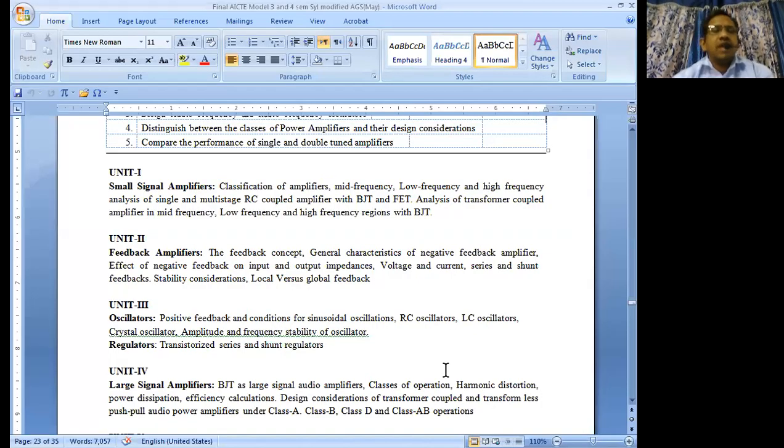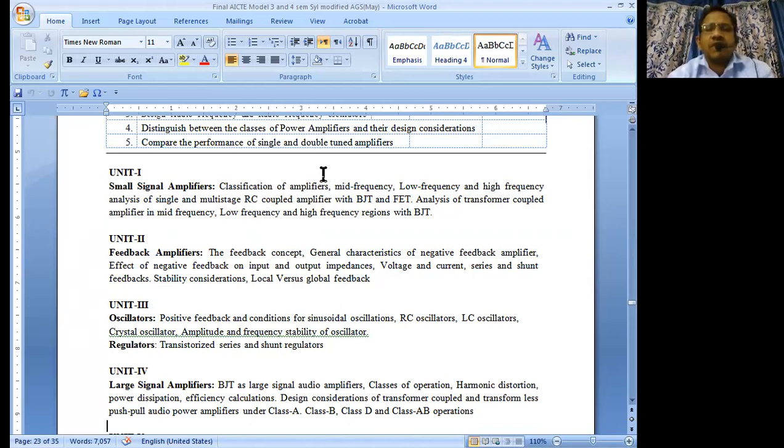Now in AEC we have small signal amplifiers. In these small signal amplifiers we discuss the classification of amplifiers. We have just defined an amplifier in the previous subject, and we discussed the model of an amplifier using the approximate H parameter model or hybrid model. And from now onwards we have the application of the amplifier. That means various classifications of amplifiers.